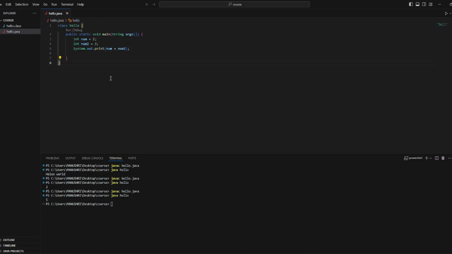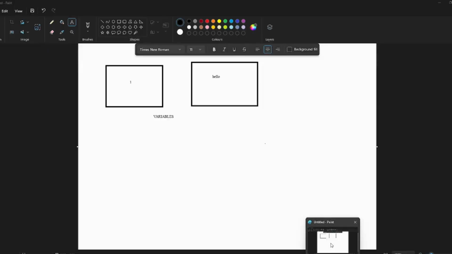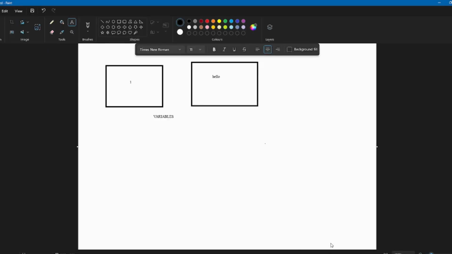Okay, now let's get into what is meant by data types. So let's talk about primitive data types. We have two types of data types in Java. One is primitive data types. I'll talk about the other in upcoming videos.